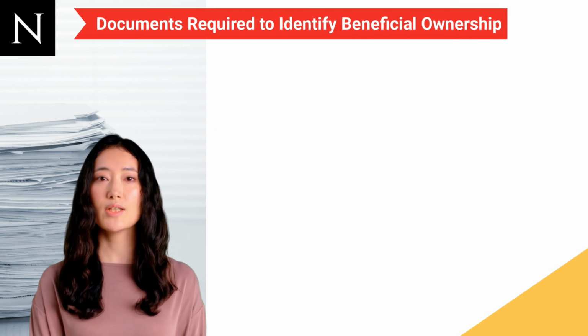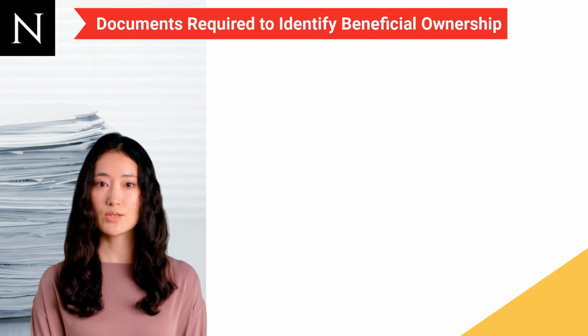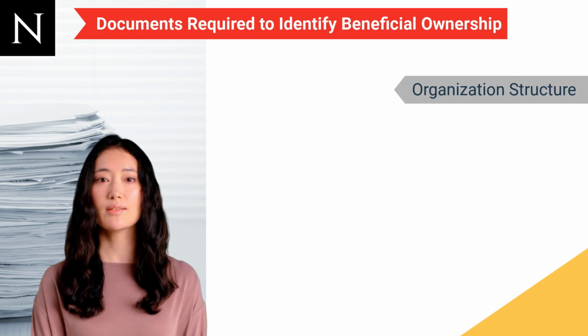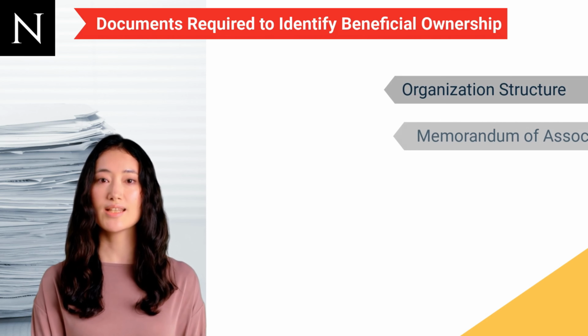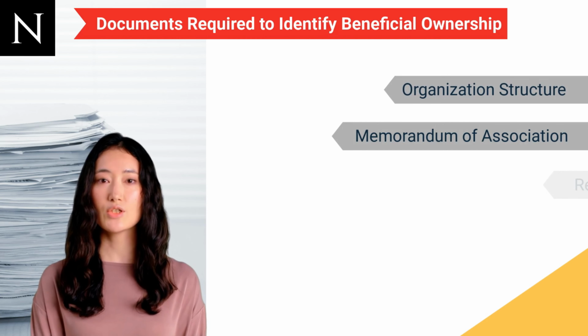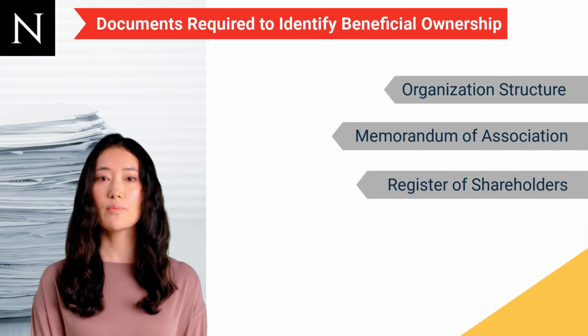Now, let's explore the documents required to identify beneficial ownership. The regulated entities must collect relevant information to determine who owns or controls the company. The regulated entities should seek documents such as organization structure, Memorandum of Association, Register of Shareholders, information about the